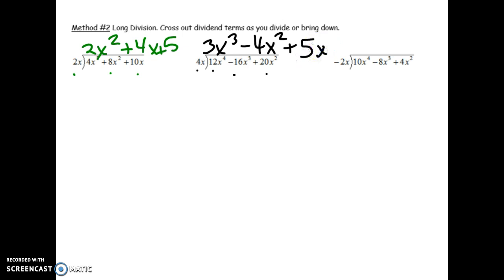And for our last one, -2 into 10, that would be a -5 x, and I subtract it, that's to the 3rd. -8 and a -2 would be a positive 4 x squared. And then -2 into 4 would be a -2x. So that's just a basic division of a